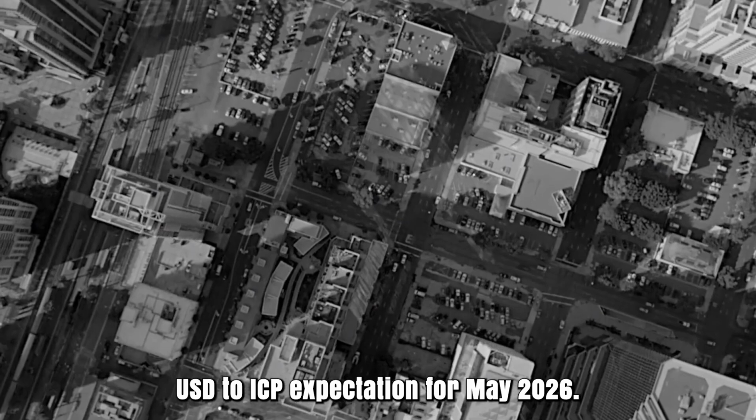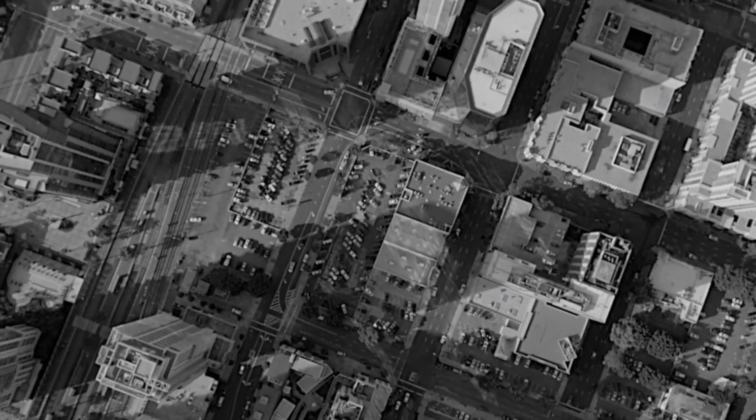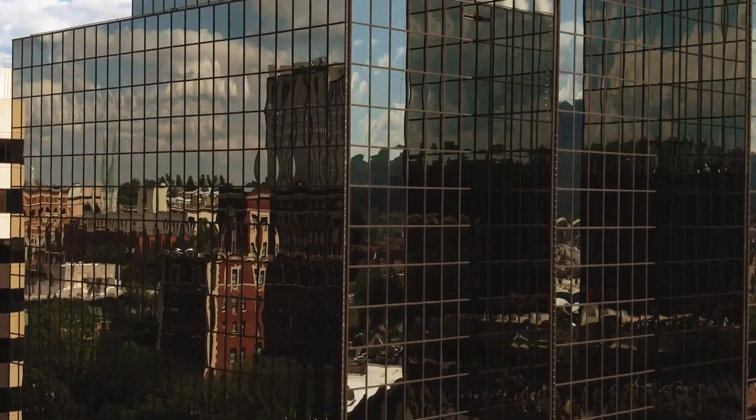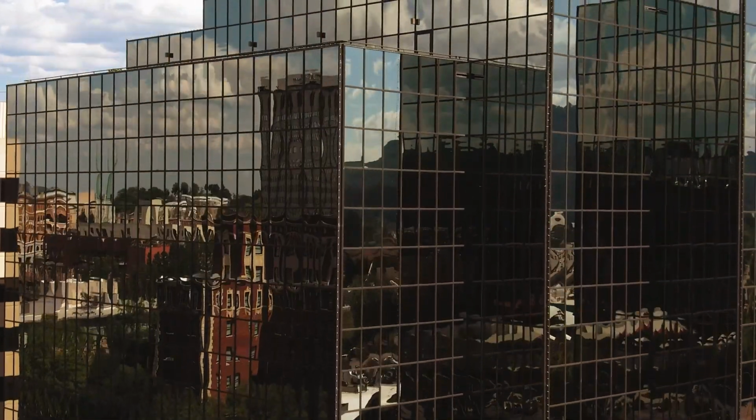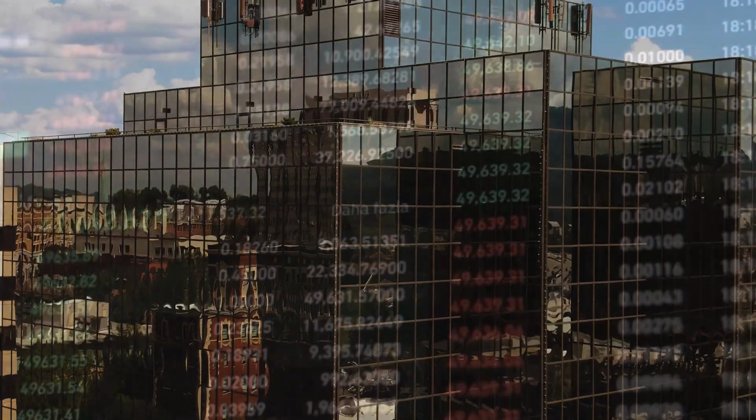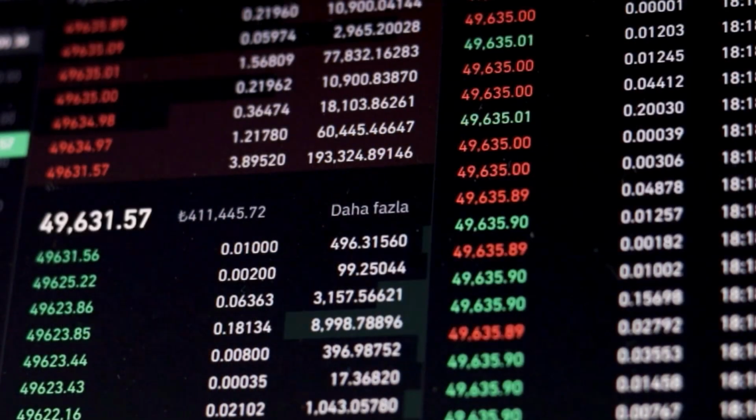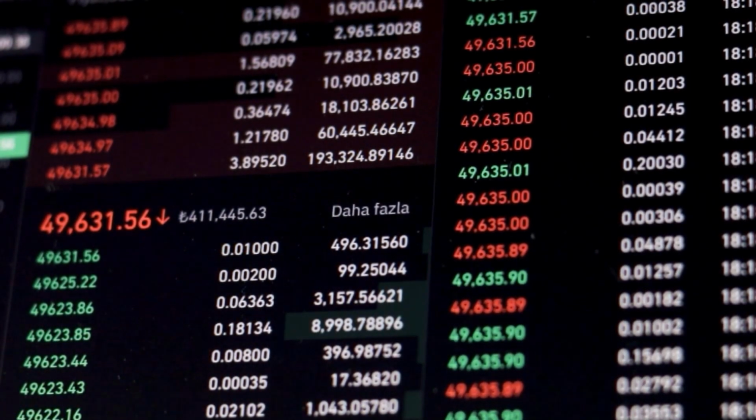ICP forecast for May 2026. First of all, price at 108 coins. High prices at 914, while lows at 99. The average price at 107. The ICP estimate toward the month's end zone 106, change for May